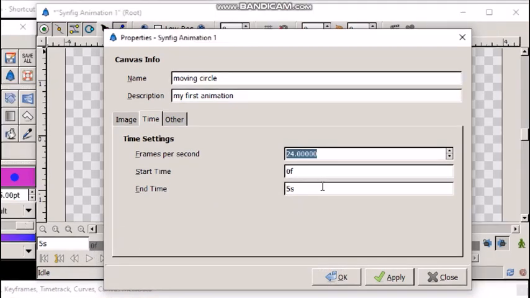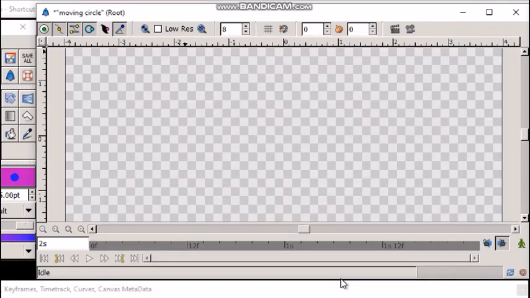Let us change this end time to 2 seconds. So here I'll write 2s. This means that our animation which we are going to create will be of 2 seconds duration only. Now click OK button to close the canvas properties dialog box.